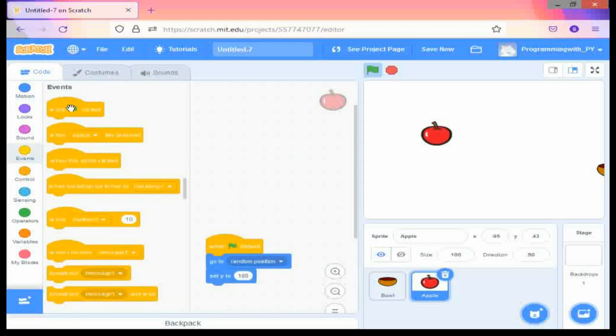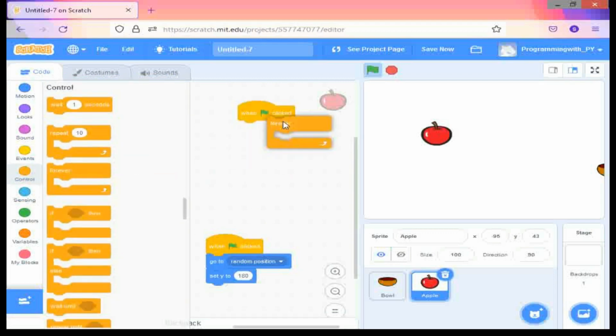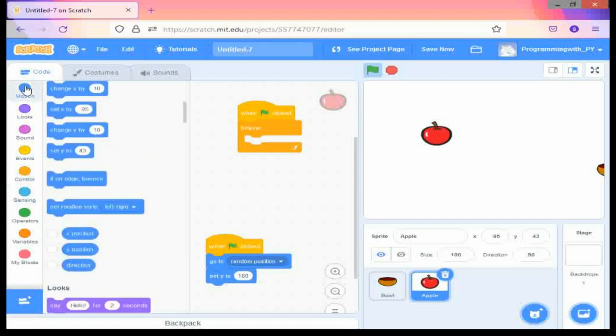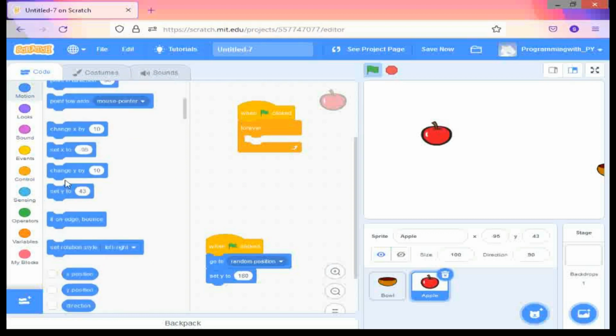once more go to events, take this when click, then control forever, then go to motion, scroll down, change y by 10 and change 10 into -5, press enter.